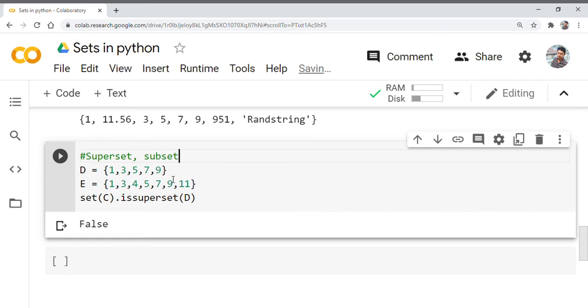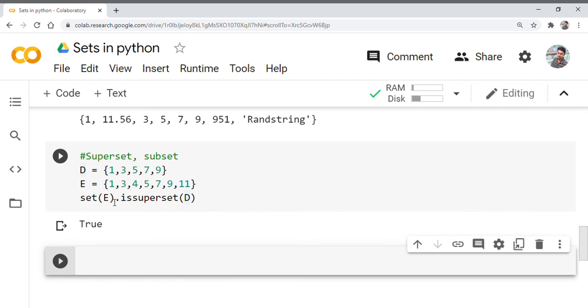So we have created it, and E equals 1, 3, 4, 5, 7, 9 and 11. If we take a closer look, we can observe that all the elements which are present in D are present in E. Okay, so we can say that E is a superset of D, right? So now let us check set E is superset of D. True, right? Because all the elements are present, right?